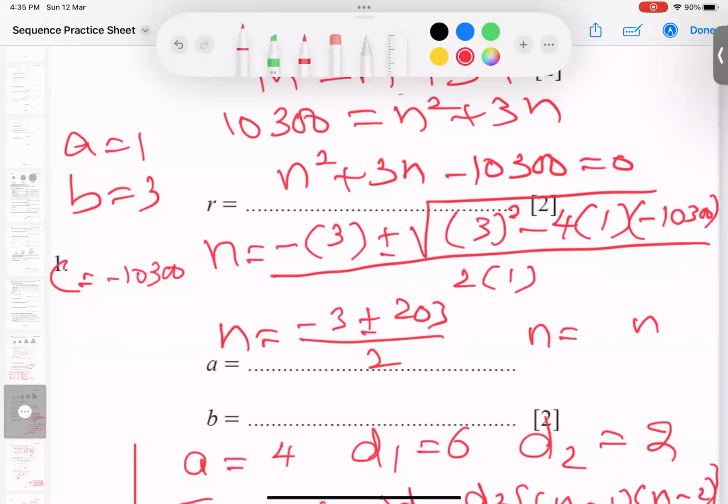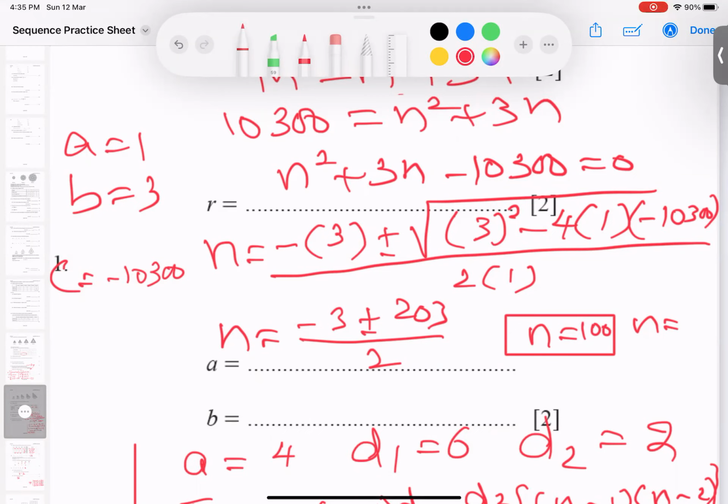So let's start. Negative 3 plus 203 divided by 2, so I got 100. And for the second number, if I do minus 3 minus 203 divided by 2, I get